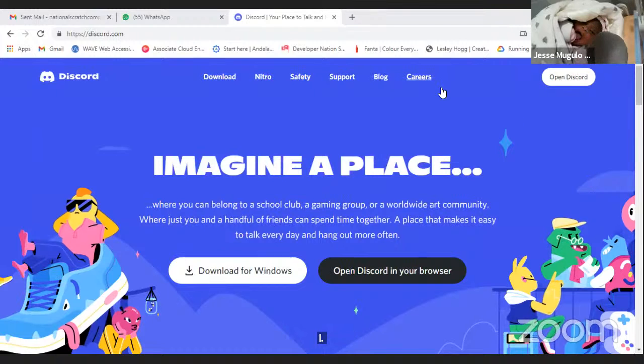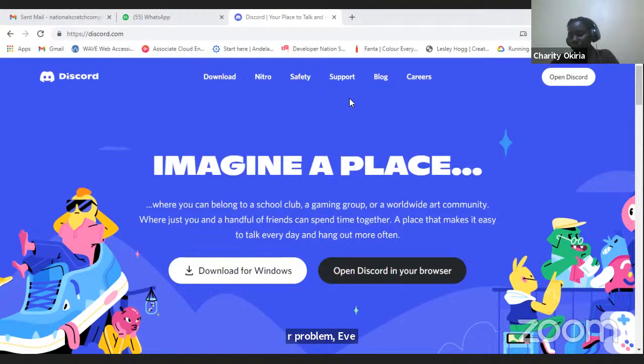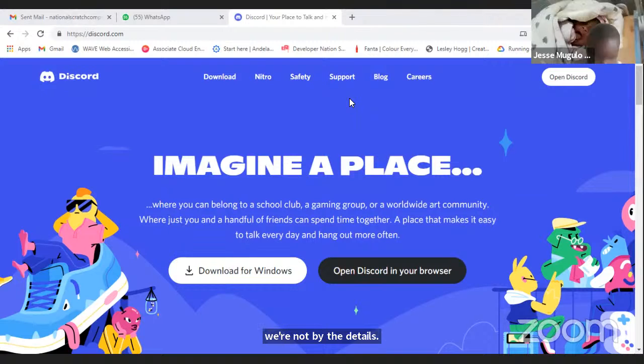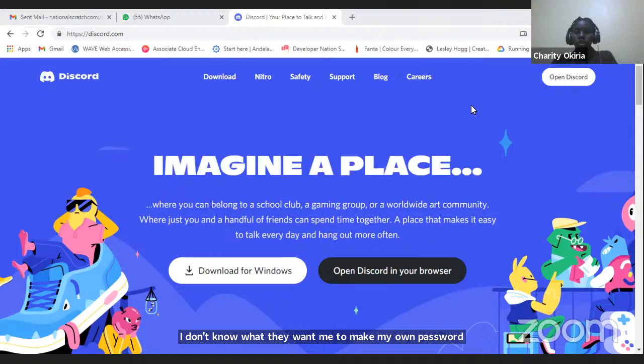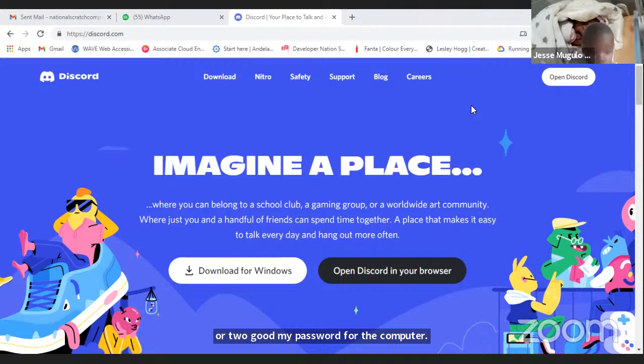The problem is whenever I put the details, the email and the password. Yes. I don't know whether it wants me to make my own password or to put my password for the computer. Okay. So I put both. I put the one of them, but at first it shows that the password is not correct and the